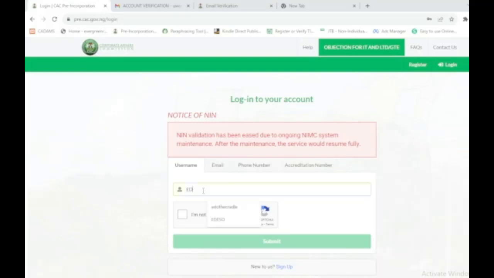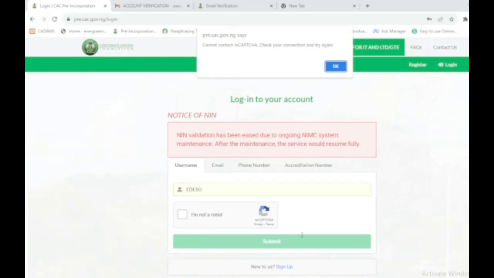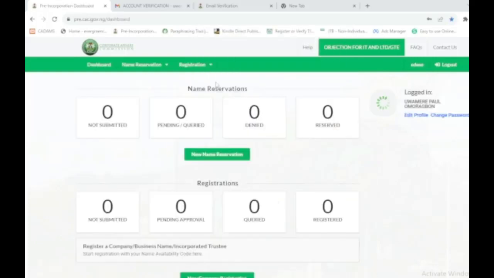So always have your username and password so that you don't mess up yourself when you want to log in. If you don't have it, it will become difficult for you to proceed with the registration, because your personal page is unique to you or the client you are working for. So when you click on I am not a robot and then you submit, then you will now input your password. Now for me, I have my password saved, so I'll just click on it and then log in. And then when you successfully log in, welcome to your personal profile page. The next thing we'll be looking at is name reservation, and then